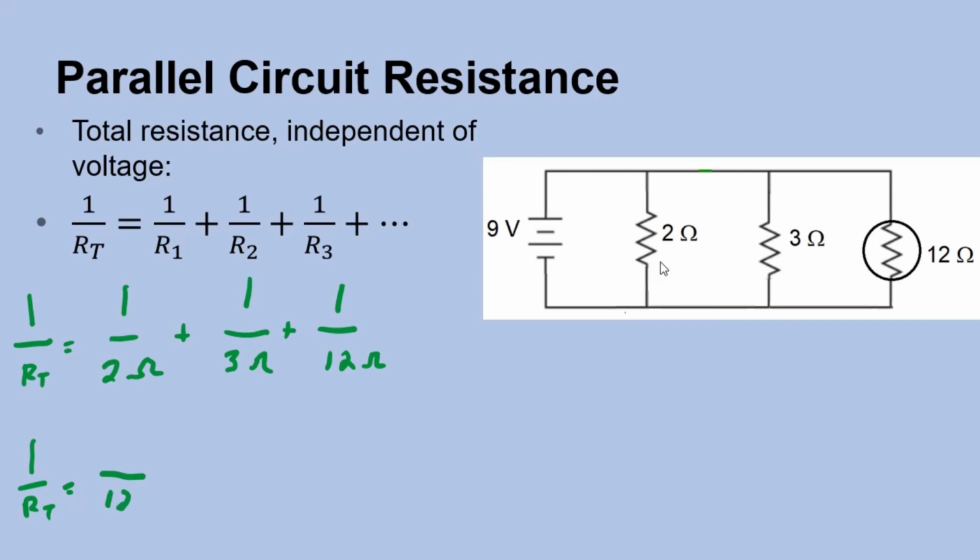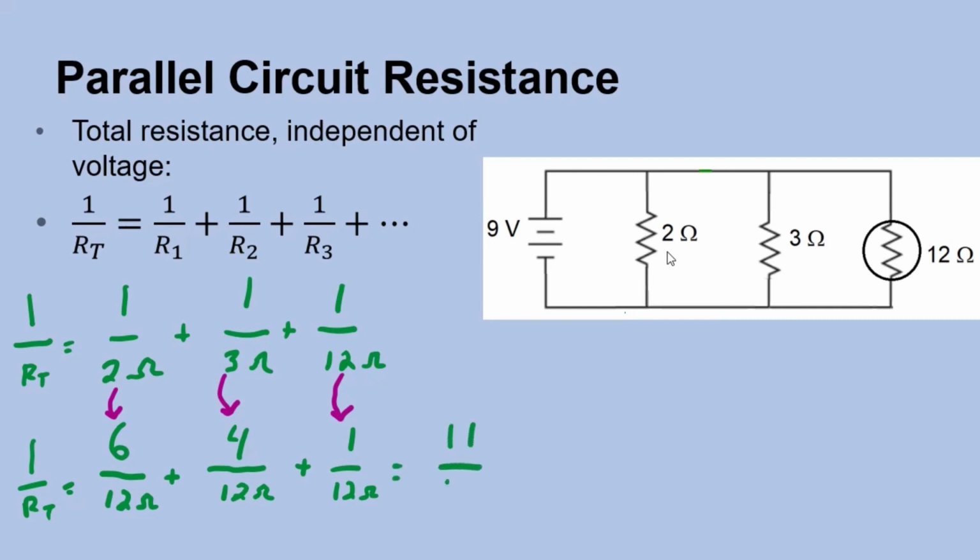So if we put that down on the bottom of each of these, we're going to convert each of these so that it's in terms of over 12 ohms. So the first one, 2 ohms times 6, gave us the 12, so that goes on the top. And 3 times 4 gives us 12, so that goes on the top. And then the last one there just stays the same. So if we add all those together, we get